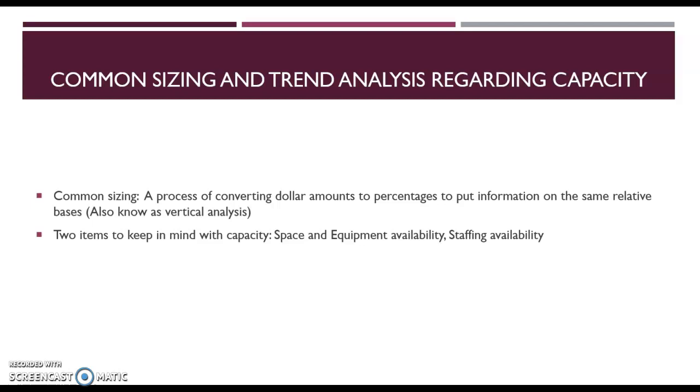But it can differ for people in, say, traveling medicine or a change in venue. Your space and equipment availability and your staffing greatly impact your capacity and your ability to provide